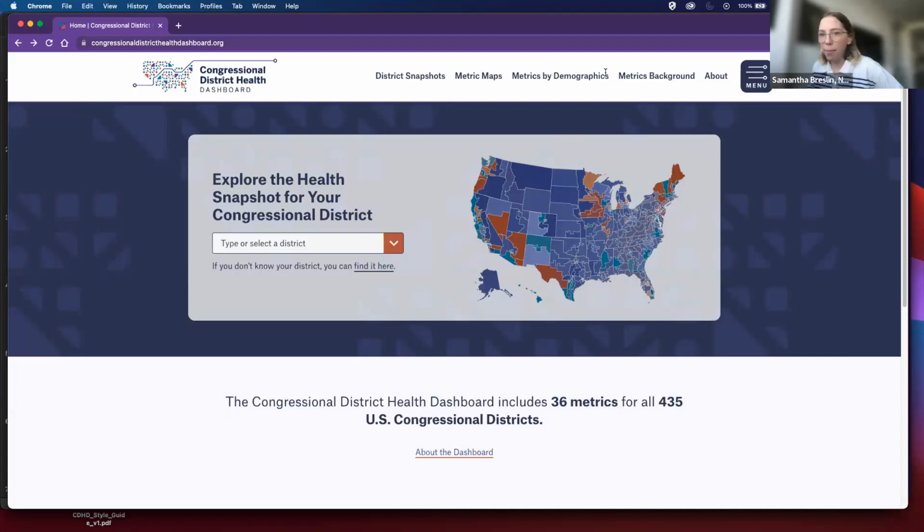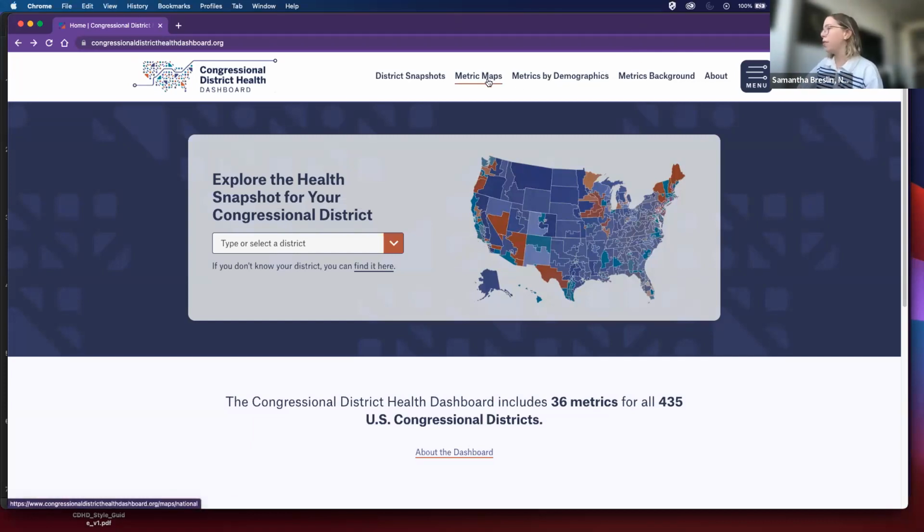So, and apologies for me not looking at the camera, but I am just going to start. So we have this main menu and this navigation bar, which is really how you're able to access a lot of the features that we provide on our site. So always, if you're unsure of where you are, you can always come back to this navigation bar.